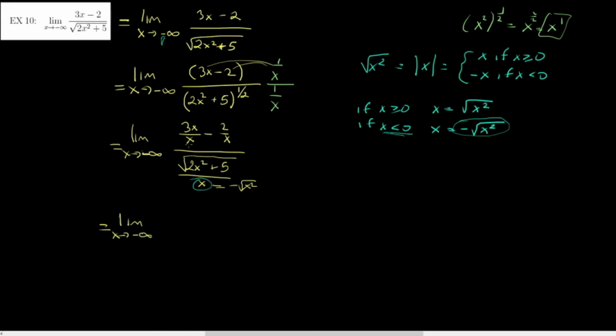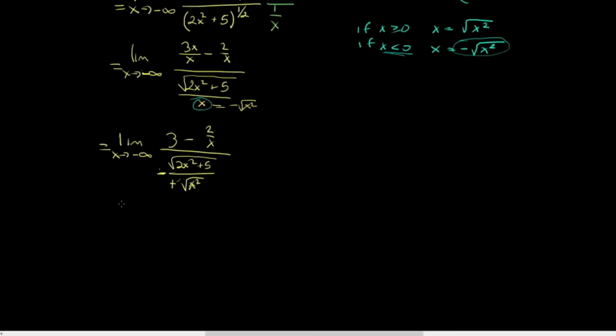While I'm at it, 3x over x is just 3 minus 2 over x. But now the numerator of the denominator is still 2x squared plus 5. That didn't change anything yet. And now we have negative square root of x squared. That negative is just a negative fraction here, so we have a positive divided by a negative, and that negative can actually come clear all the way in front of the limit. So this is just negative limit as x goes to negative infinity of 3 minus 2 over x,